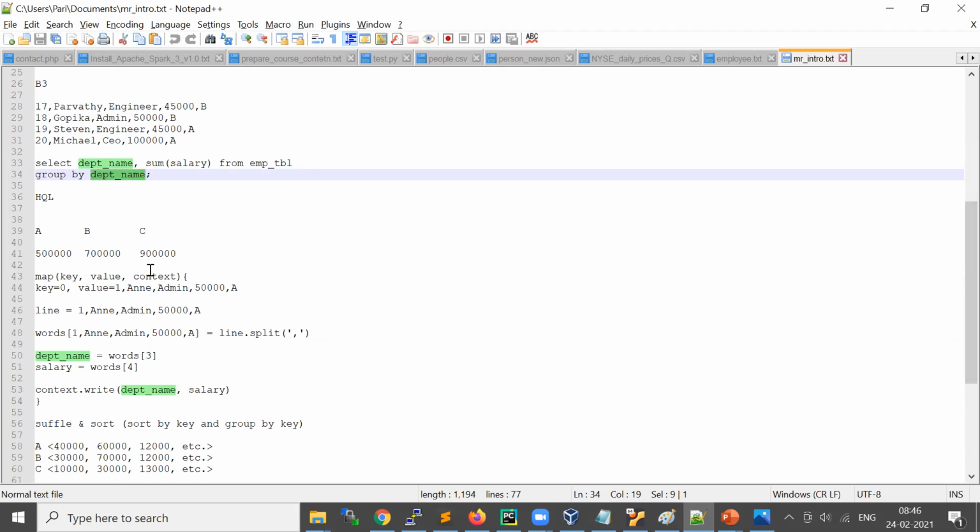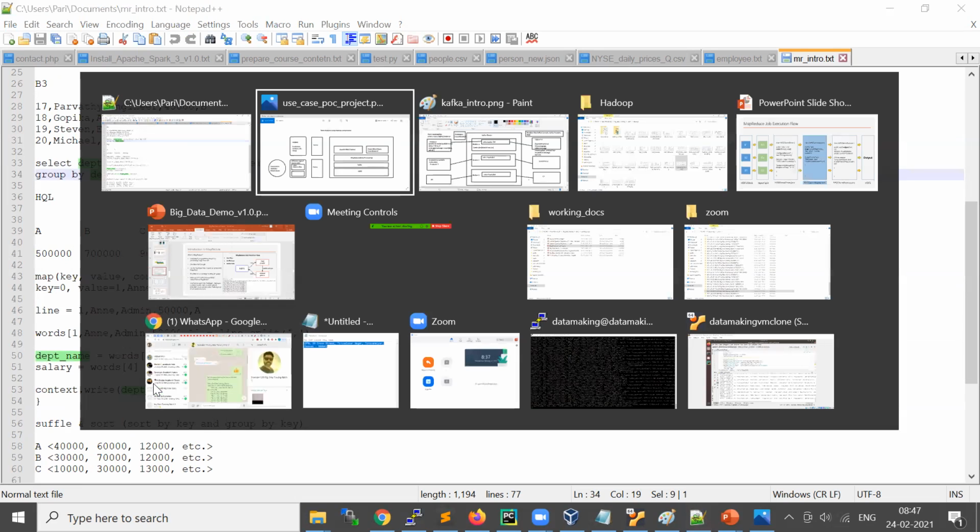So in the map, you take this employee data and split it by the comma separator. From this array of values, you take the department as the key and the salary as the value, and you write the key value pair in the map function.